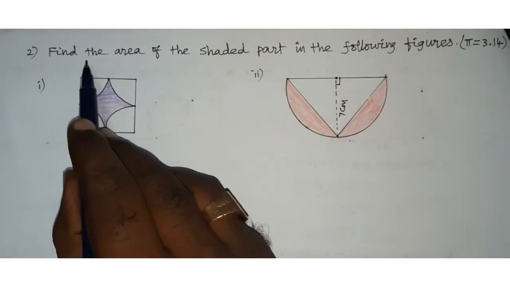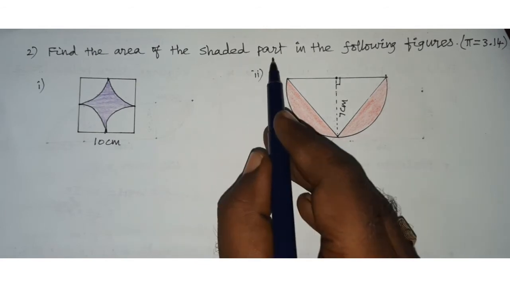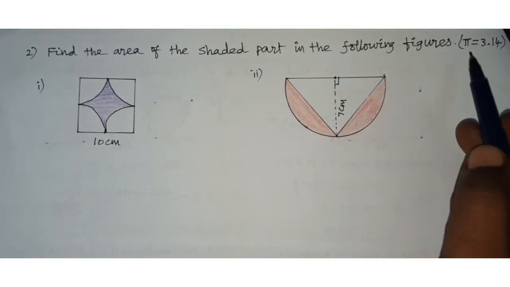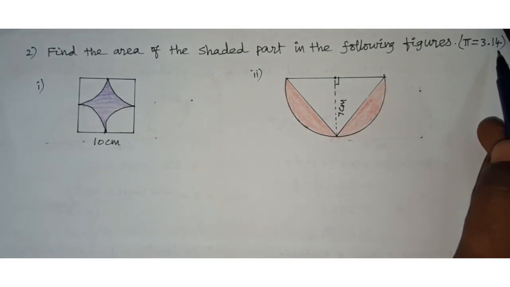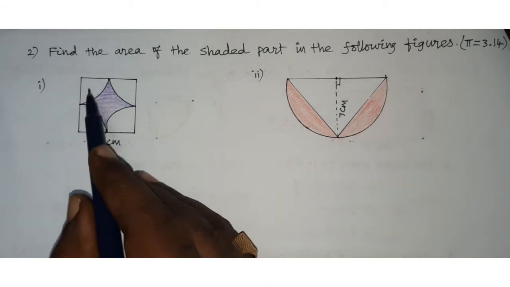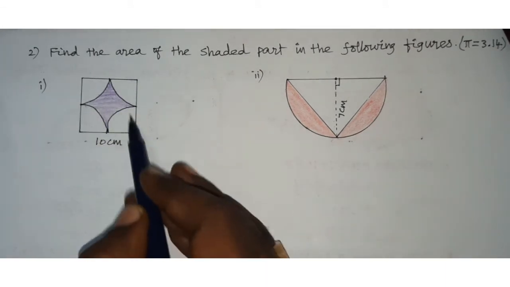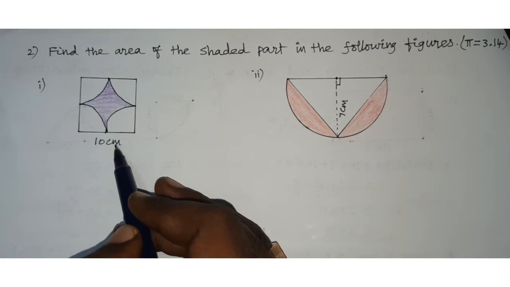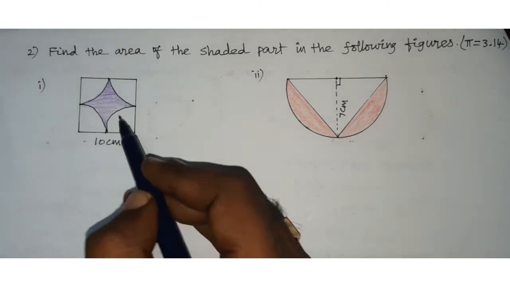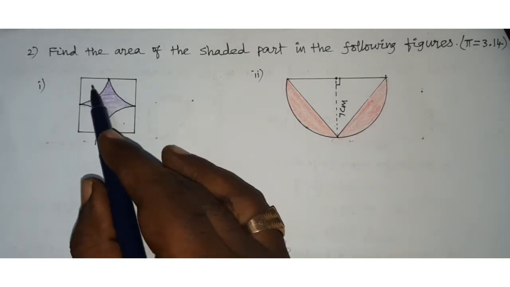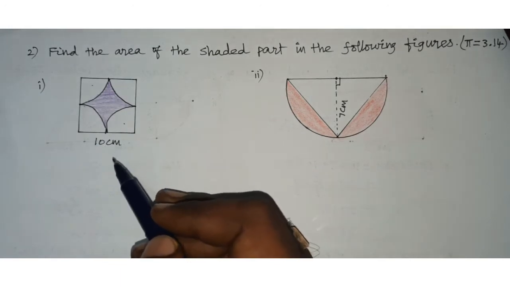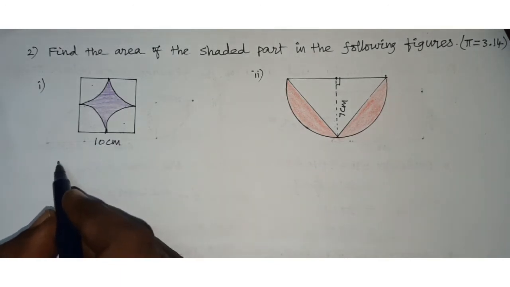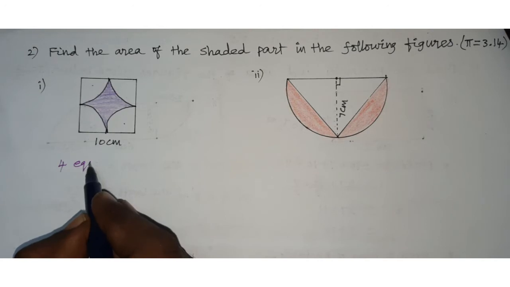Now question number 2, find the area of the shaded part in the following figures. Here use pi equal to 3.14. So look at this diagram, it's in the shape of a square with side 10 centimeter and 4 equal quadrants are there. Remember students one thing, 4 equal quadrants